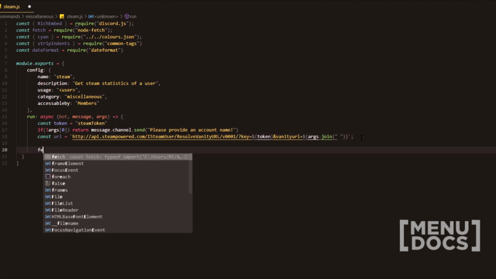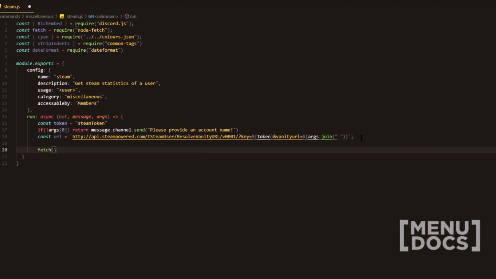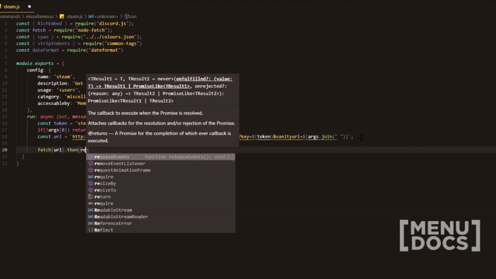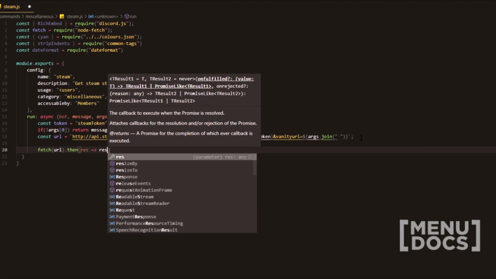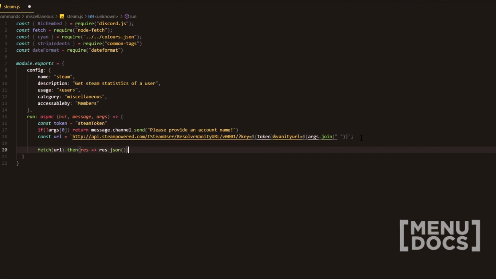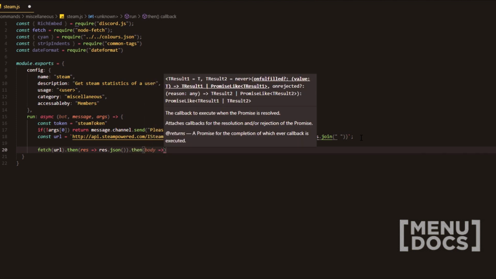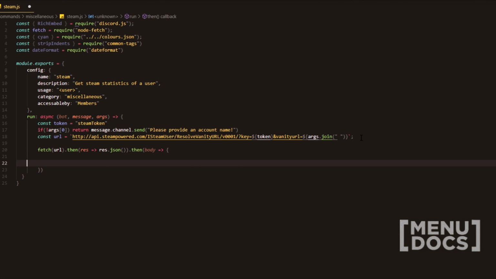Next, what we're going to do is we're going to obviously fetch this URL. So we're going to fetch this, and then we're going to do a then, and we're going to turn the results into a JSON format here. Then we're going to have another then, and we're going to pass body as the parameter and open up some curly braces here. With this, we're going to do if